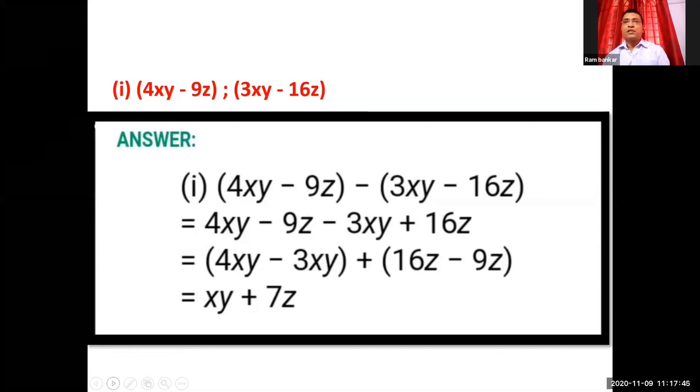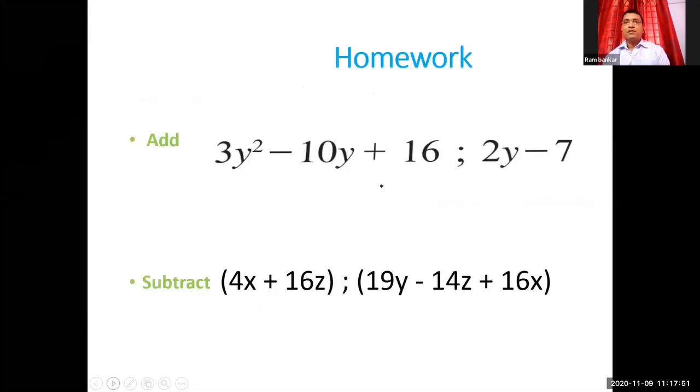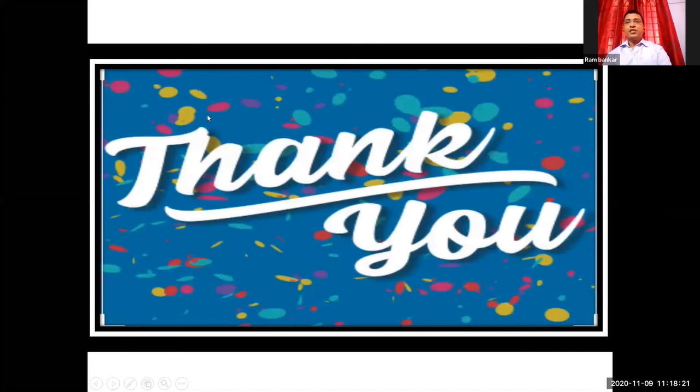Now we have to move towards the homework section. Students, take a screenshot of this. Now you understood what like terms and unlike terms are. Afterwards, we will understand the types of algebraic expressions. Then we learn addition of algebraic expressions, and the next step is subtraction of algebraic expressions. Thank you, everybody. If you have any doubts, please ask me.